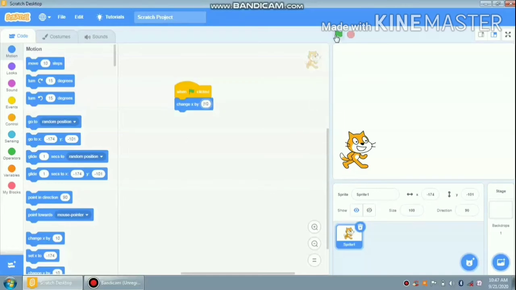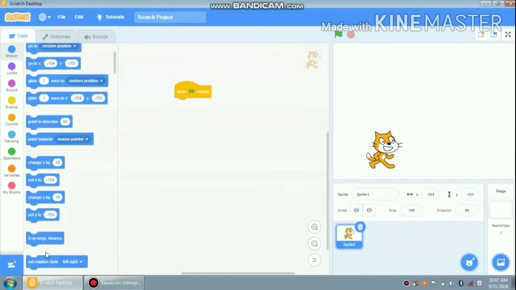So let's start. With the help of a positive value, our sprite can move right, and with a negative value, our sprite can move left or back. Next is change y by 10.